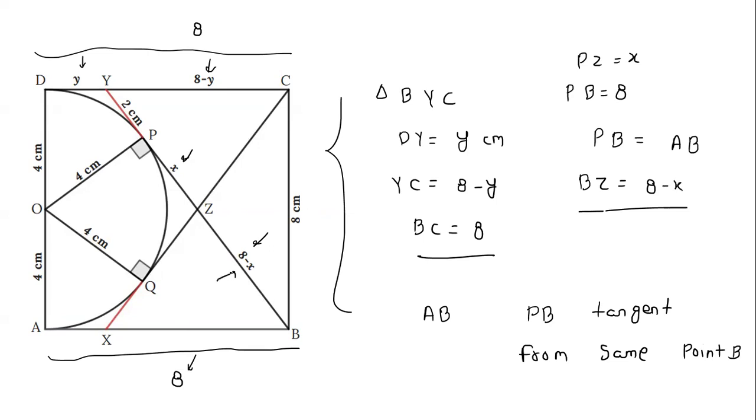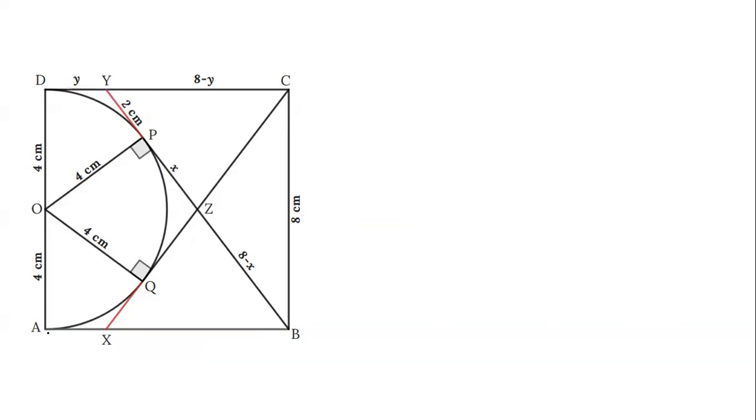So this will come as 8 minus x, and from the Y point there are also these two tangents, one is this and one is this. So if we assume this has y length, then this will also have y length. Here I write 2 centimeter, because if you calculate further it will come as 2 centimeter. I will show you, but as of now you assume this as y.